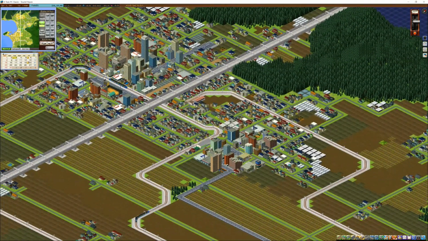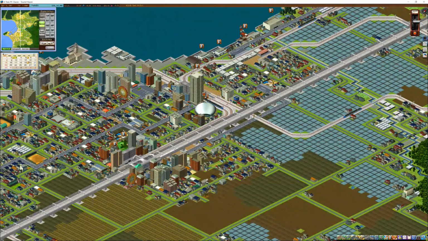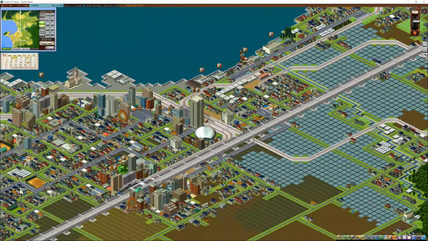And there goes the bullet train again. It definitely does help with building up an area. Of course, what also helps is material flow. So